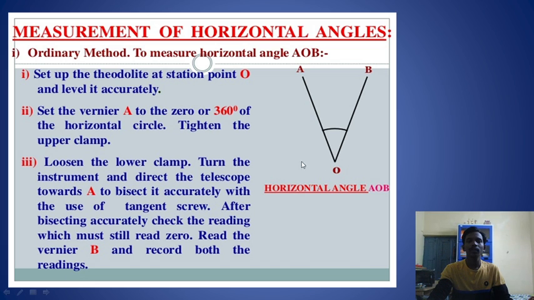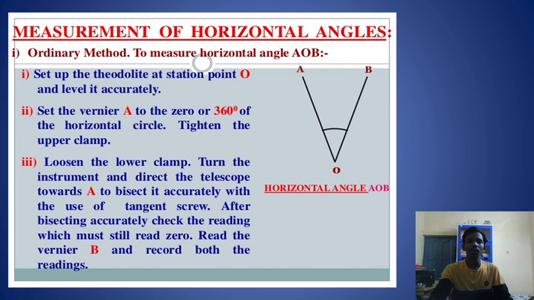Now here we have to measure an angle subtended between two objects, and you can see the lines AO and BO intersecting at a common point O. So for measuring angle AOB, we have to place the instrument at station O, center the instrument and level it with reference to the plate level. Now after leveling is done,